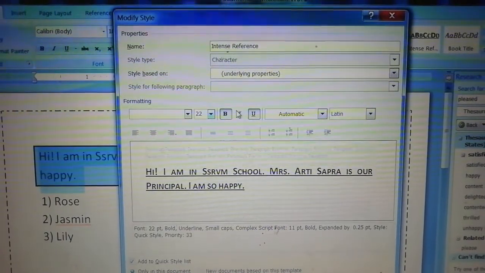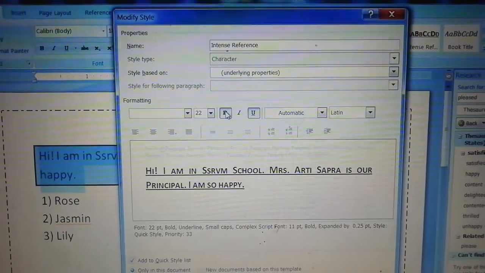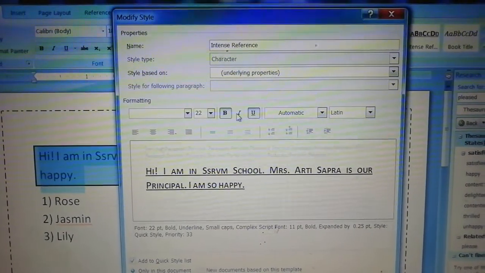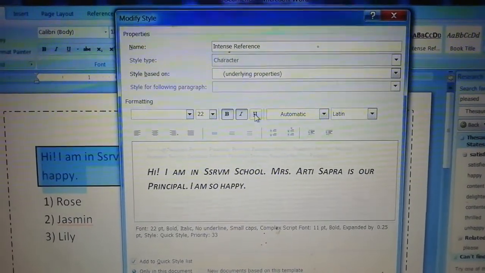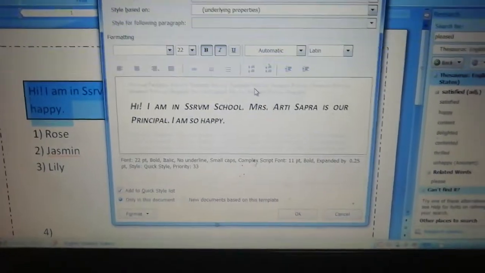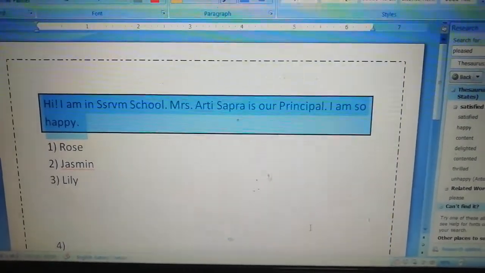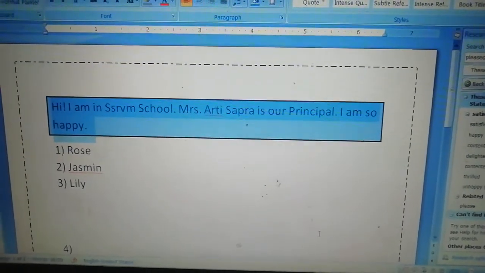I want bold also. I don't want bold, then I deselect it. I want underline and I want italic, and I don't want underline, and I have selected italic. Like this I can change the selected style.